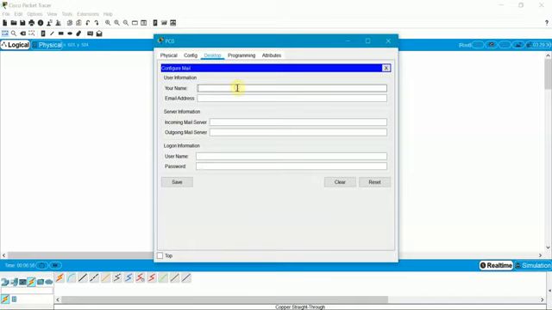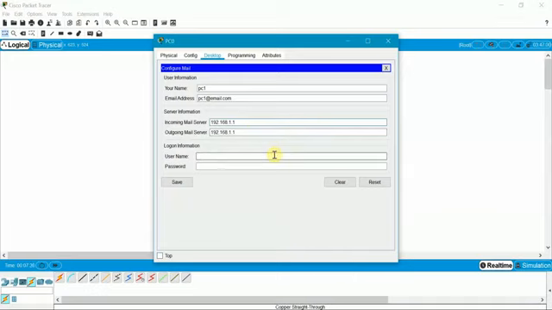Go to the email. Give the first username as PC1 and the email address as pc1@email.com with the domain name, and give the incoming mail server as 192.168.1.1, and the outgoing mail server as 192.168.1.1.